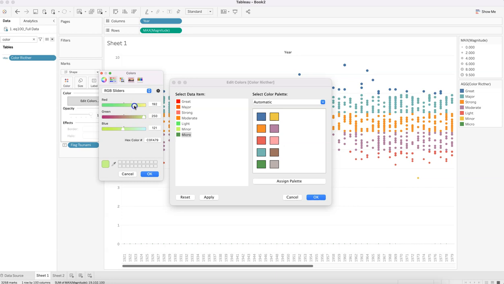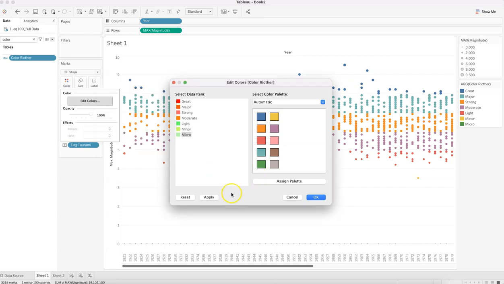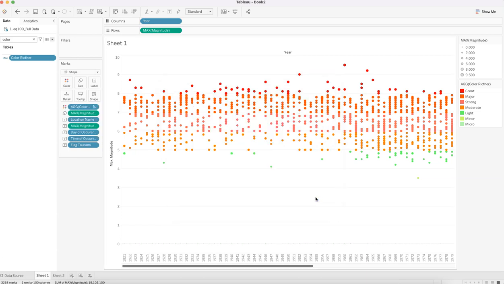Right, so a little bit of differentiation. If I click apply, you get this. The only thing we need to do is change the background. So if I right click, go to the format,